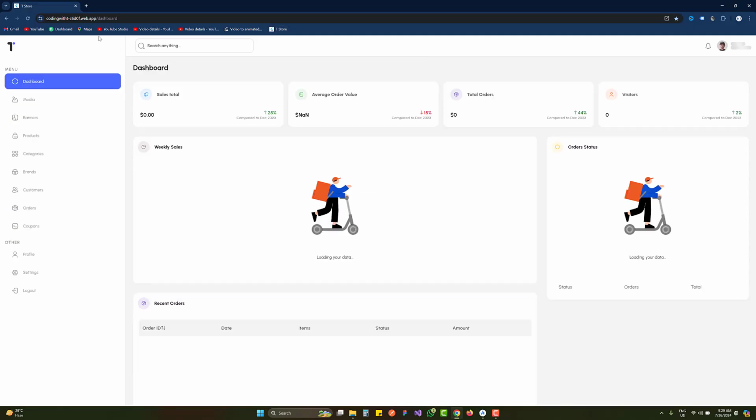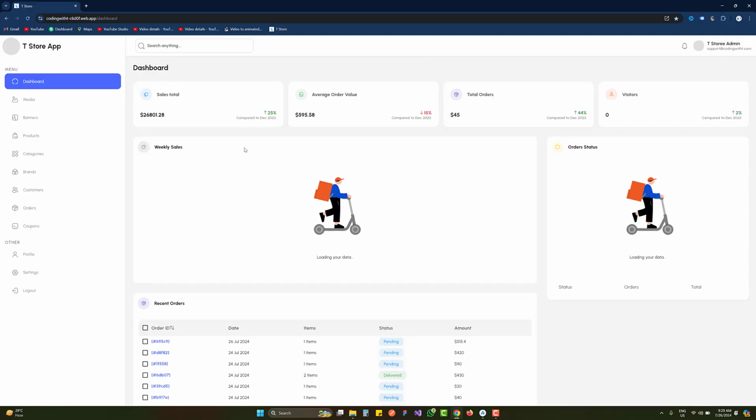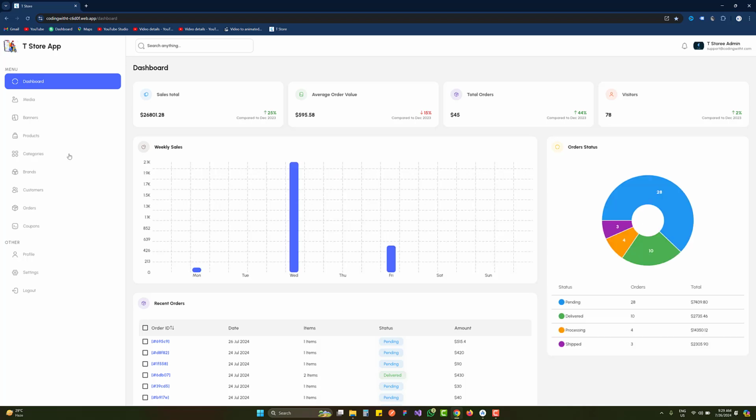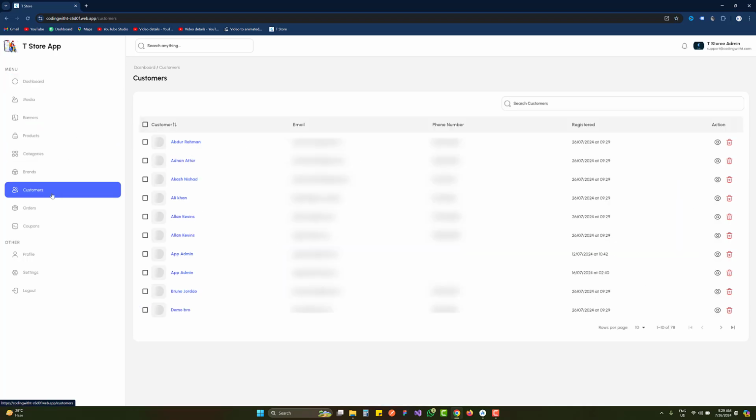So let's open your browser. Once your application is logged in, you are inside your admin panel and let's go to the customers portal and you can see all the customers who already created account inside our application are here. Okay, let's say we have these customers and in here you can see some customers have their own pictures. So let's click on this one.